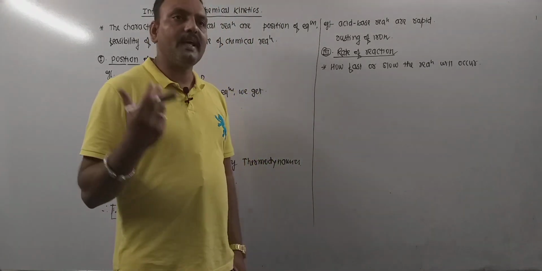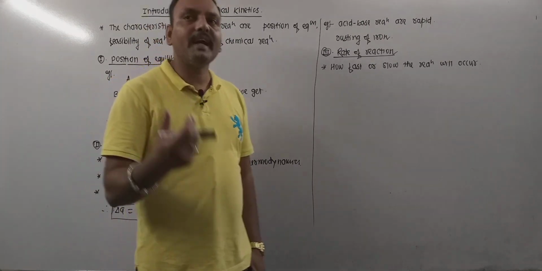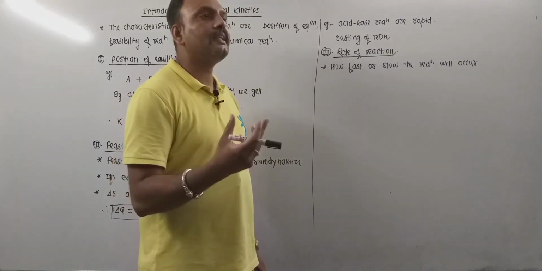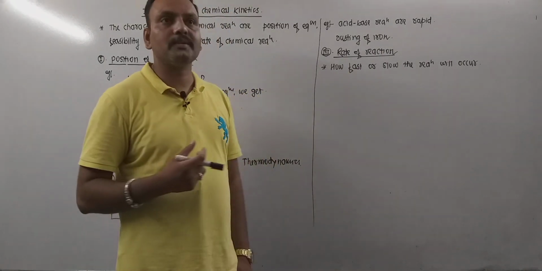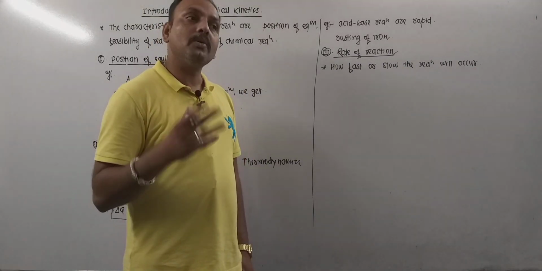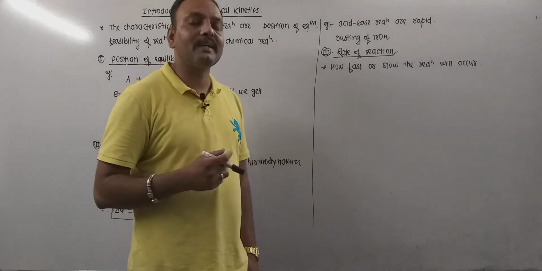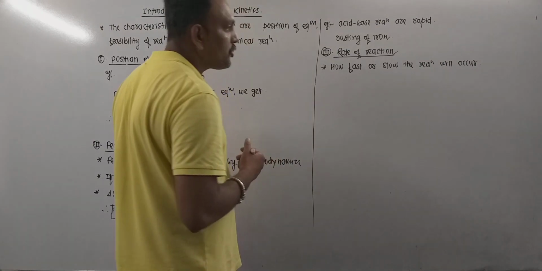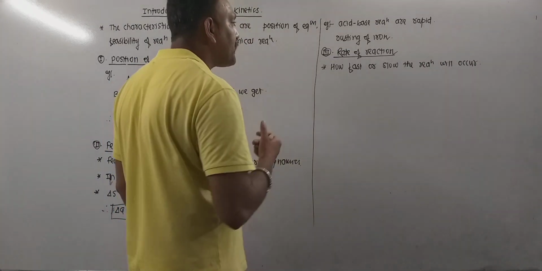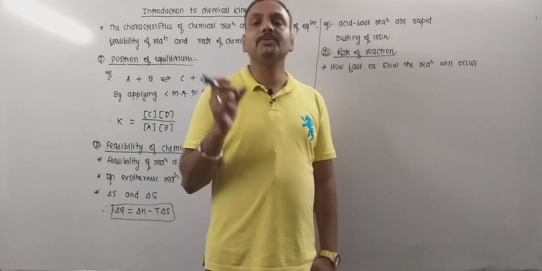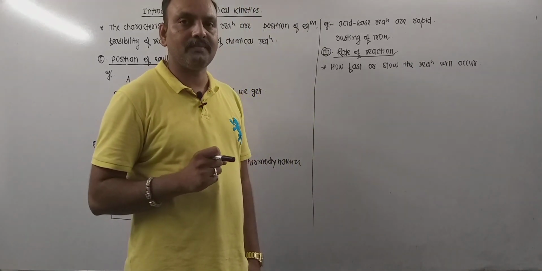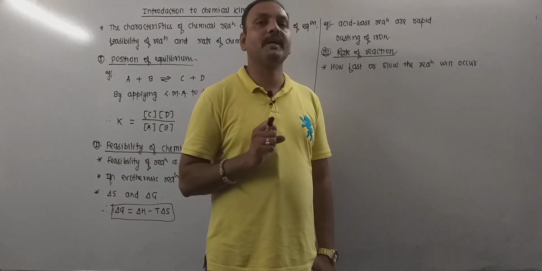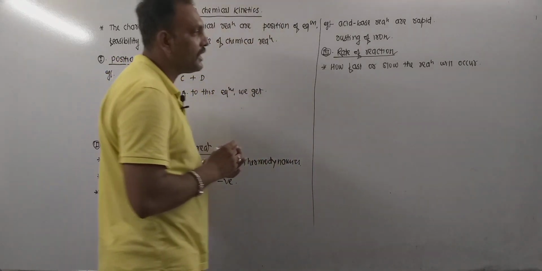And remember, there are a number of factors which affect the rate. A few factors affect positively, I mean they increase or enhance the rate of reaction, and a few factors may decrease the rate of reaction. So it is a point of discussion what the factors affecting the rate of reaction are. Then, most importantly, the mechanism of the chemical reaction: why and how that reaction is happening is also explained in chemical kinetics.